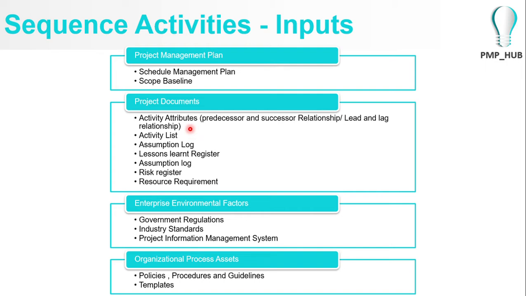If you can remember, the activity attributes will contain the activity ID, the name, what the activity is, what the predecessor activity is for a particular activity, and what the successor activity is, what the relationship is, whether it's a lead or a lag relationship. So this is very handy because the activity attributes would be one of the key inputs for this process to sequence the activities. The activity list, any assumption logs that we have come across when deriving the activities, and lessons learned that we already have,